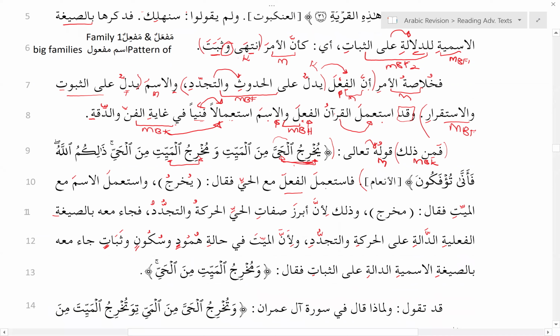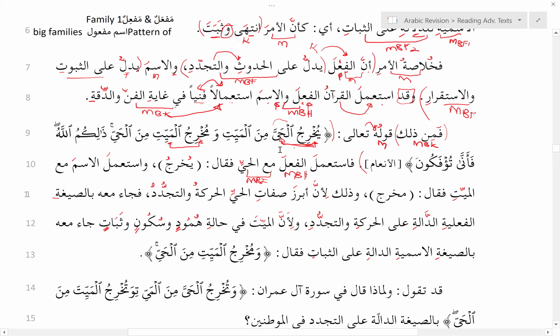So here we have a فعل and فاعل, and الفعل is a مفعول به مع الحي, and of course this is a متعلق بالفعل. This is a very simple جملة فعلية. So استعمل الفعل مع الحي. This is exactly what we expect when we talk about جملة فعلية: فعل, فاعل, مفعول به, متعلق بالفعل. Perfect جملة, easy peasy lemon squeezy, no complications here. So this is back to basics, like when we were learning sentence construction. Alhamdulillah for such sentences once in a while, right?